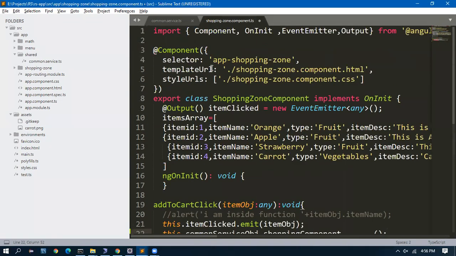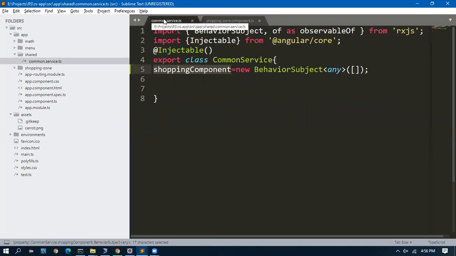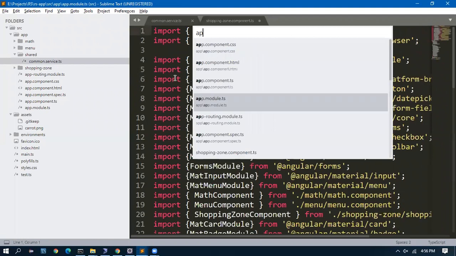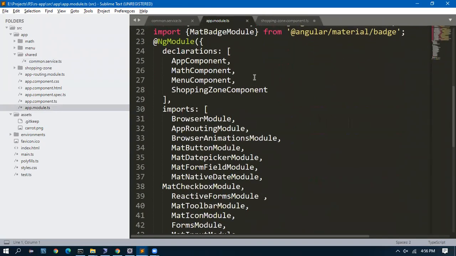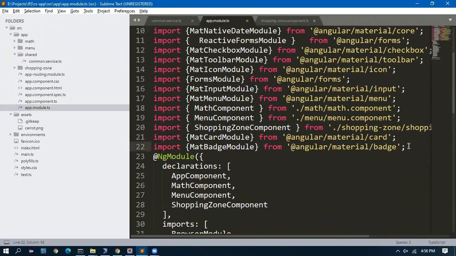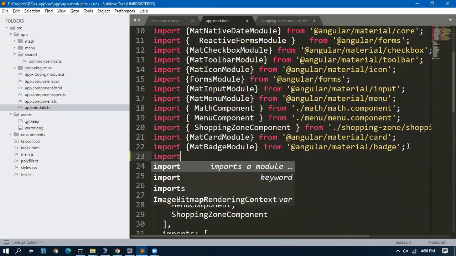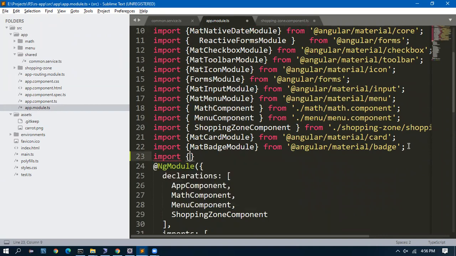So to use it, is this TS file aware of common service? No. We just created it, nowhere we gave any reference. Just a class created like that. Correct. Now we don't have any object for that. Yes, we have to add it in the app module, same like all the components, whatever we create, we give it in the app module, right? Correct. But here, one small change: we should not give it in declaration. We should give it in provider. I will tell you why.